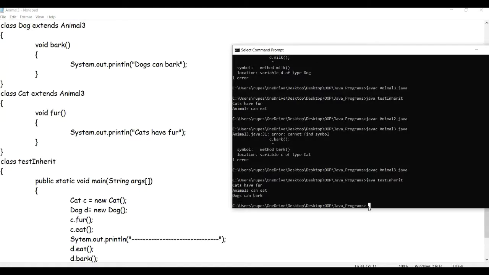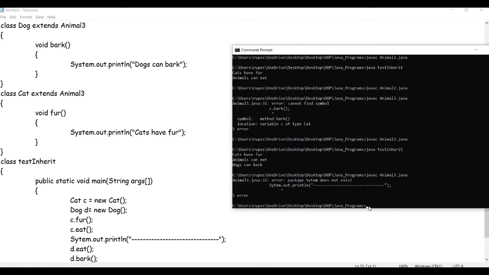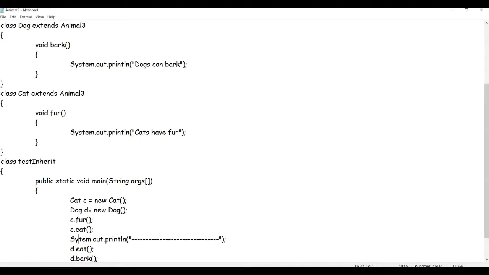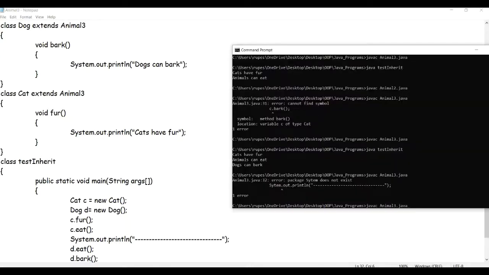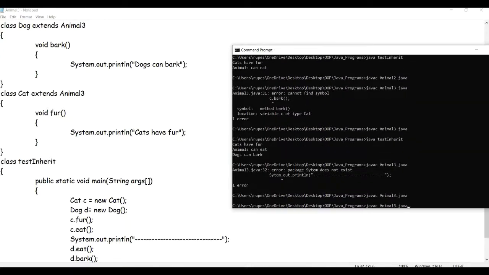So I can go on making use of the same code by just creating different objects, and also by creating the child object. Okay, System does not exist, sorry, this is not correct. Now let me compile this. Yes, it is getting compiled. Now let me run it.